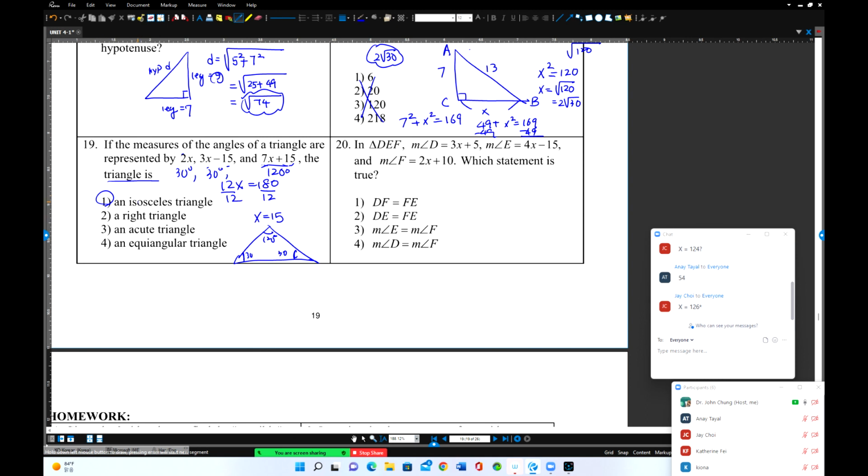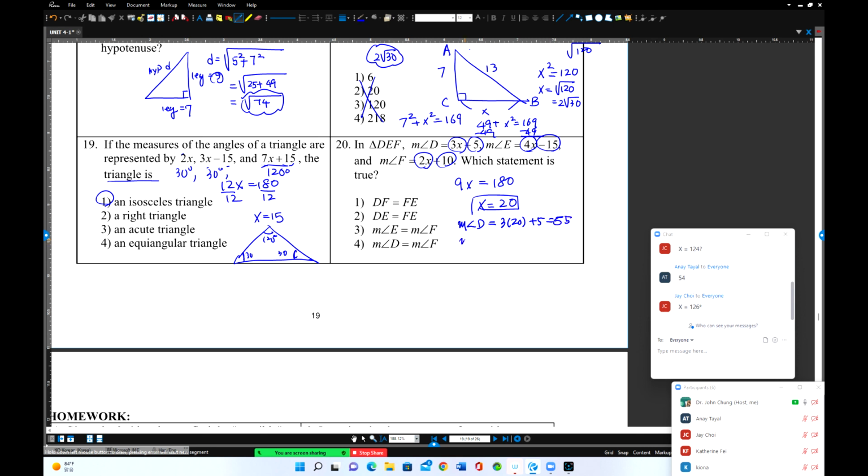Triangle DEF altogether is still the same as number 19, I think, okay? 3x, 4x, and 2x. Total is 9x, and 5 plus negative 15 is negative 10, and plus 10 is 0. That equals 180. Now at this time, x equals 20, right? If x equals 20, angle D is how much? Measurable angle D is what? 3 times 20 plus 5 equals